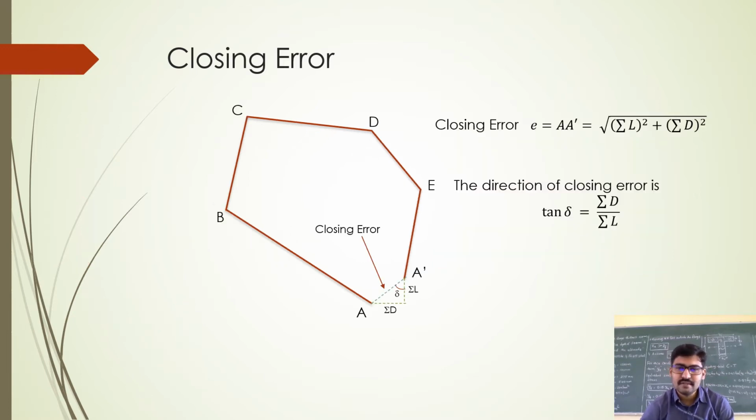Look at this, right? This is the diagram you will get if there is any error. So instead of this point joining here, you have a different point. A dash is the last point, right? If all the parameters are correct, if all the bearings are correct, then A dash will fall exactly on point A. Now you don't have that because there is an error in the bearings observed, right? So bearings may be wrong, or sometimes even the lengths may be wrong, but even when you have such an error, it is still possible to remove that error and get the data.